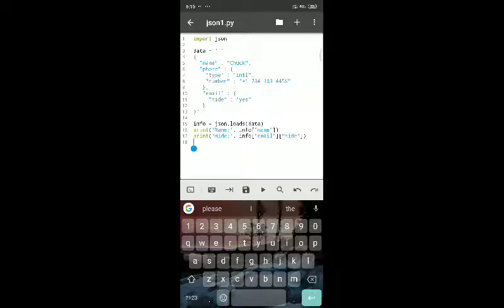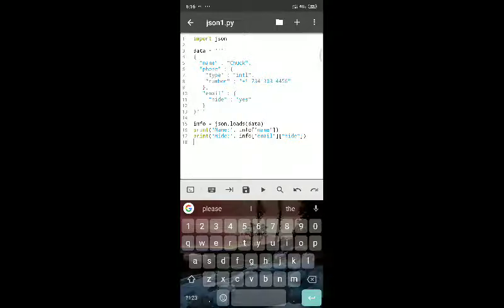Now what we need to do is very simple. In XML we imported xml.etree.ElementTree as ET and used ET as the object, but here we will simply import json. After that we mention the data once again. Actually we will be using a dictionary, but we should mention that data in the form of triple quotes. You can see triple quotes are used for mentioning that data. The next step is we have to load that data.